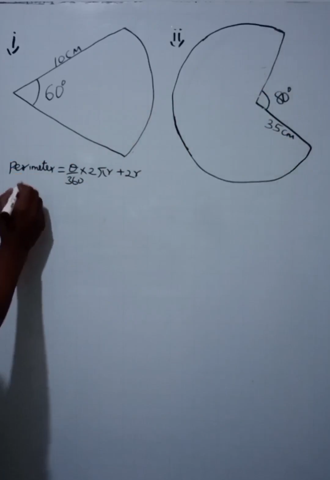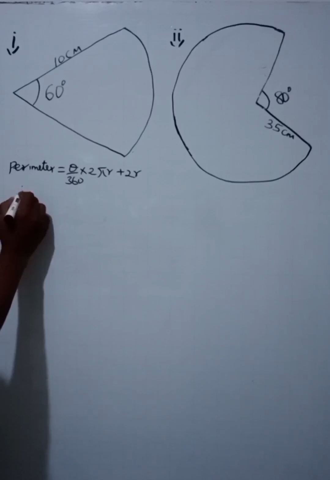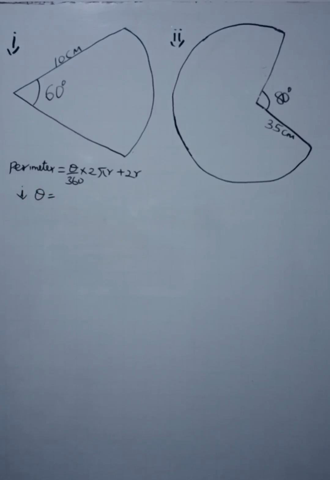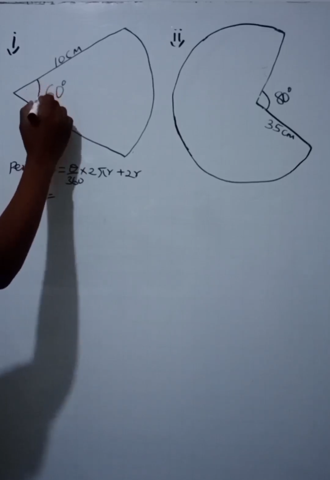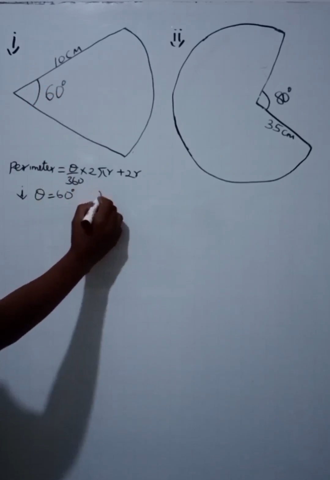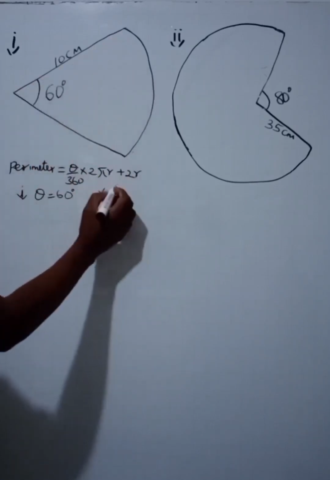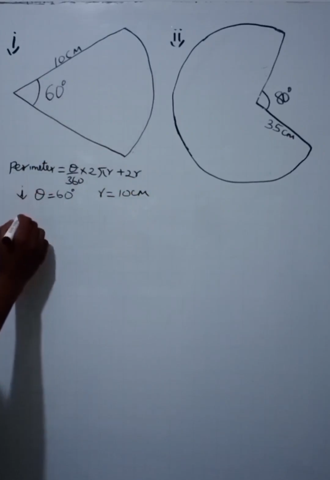So if we start with the first question, this one here, let us identify our theta. Our theta is the angle that subtends the sector. So in this case, the angle is 60 degrees here. And then r is the radius, the distance from here to here, which is 10 centimeters. So that means, therefore,